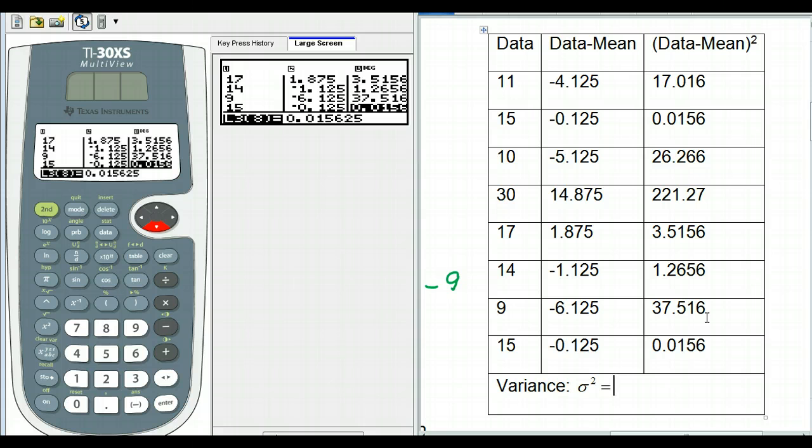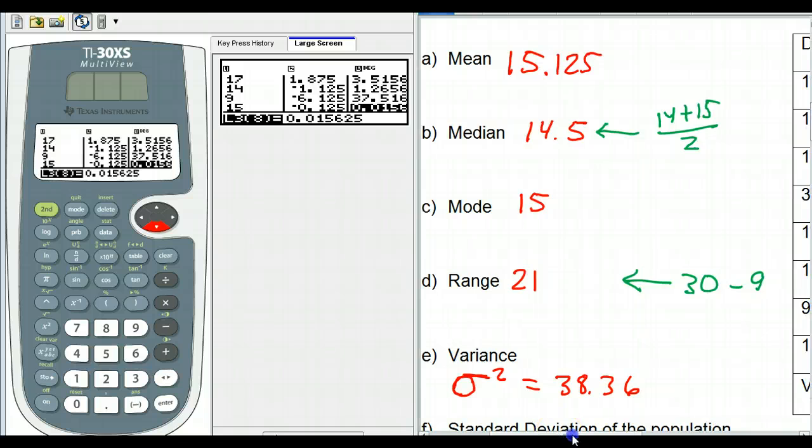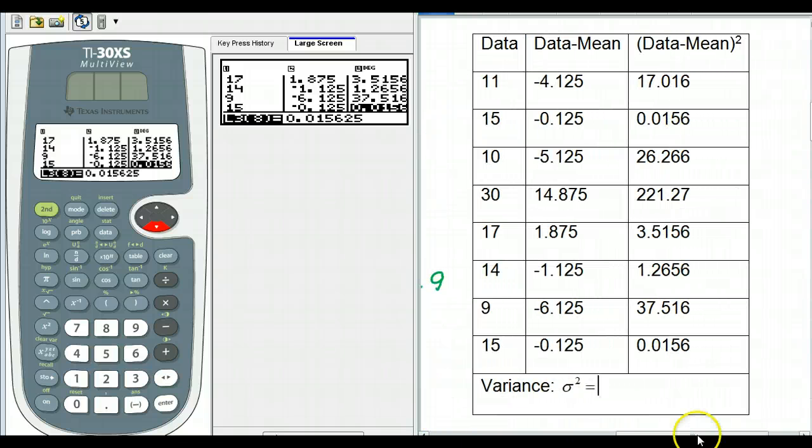Ha! You do not have to do it by hand now. We can go back to the calculator once again. Look, guys, how did we find the mean the first time through? How did we get this 15.125? Well, we didn't do that by hand in the first place. We typed this data into list 1, and we used the statistics above the button there. One variable statistics included the mean. So, couldn't we just do that to the third column now? If the variance is the mean of all of these,